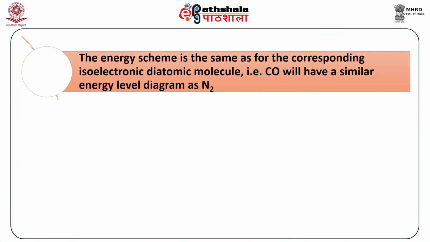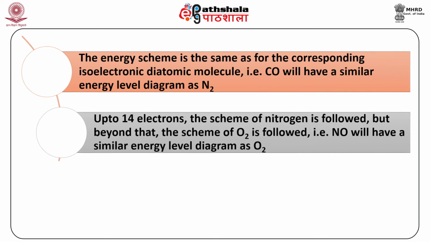In other words, the lower energy level, that is the bonding level, will have more character of the more electronegative element, and the anti-bonding orbital will have more of the higher energy orbital, and that is the less electronegative element. The energy scheme is the same as for the corresponding isoelectronic diatomic molecule, that is CO with 14 electrons will have the same energy level diagram as nitrogen, and up to 14 electrons the scheme of nitrogen is followed,